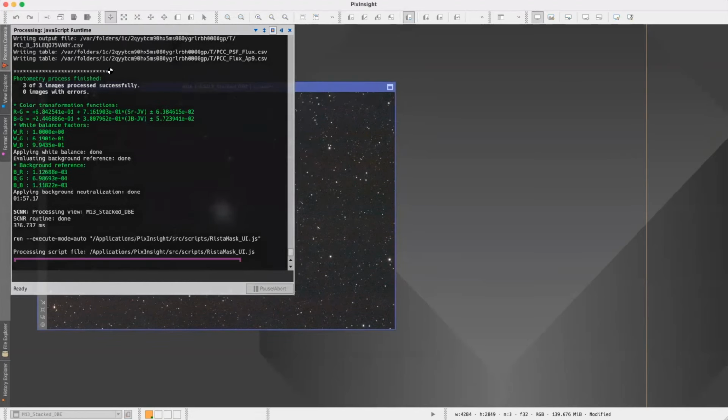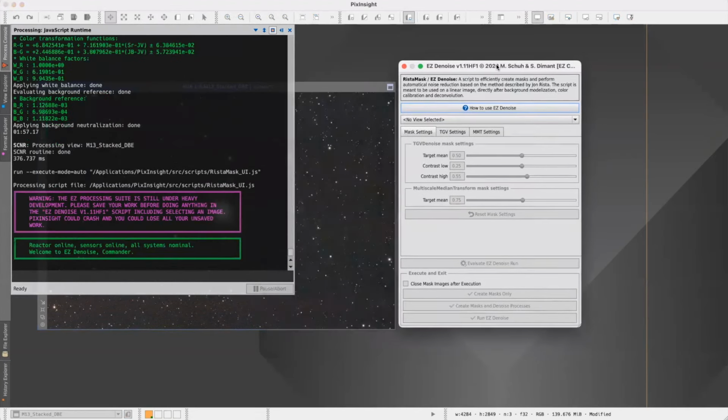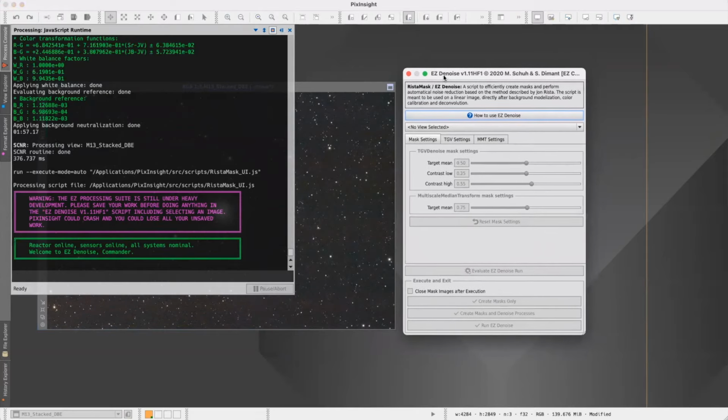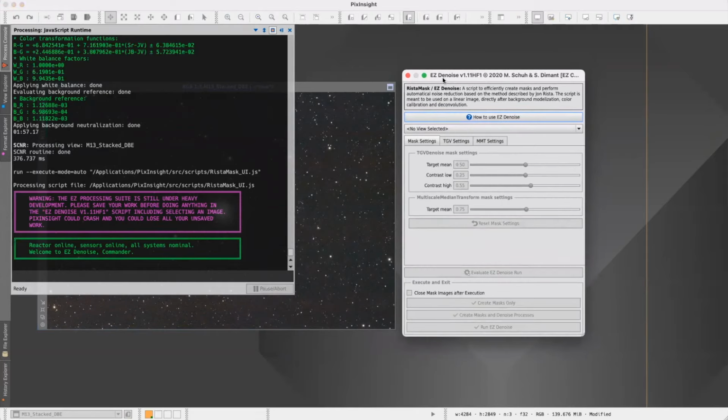And you just got some warnings that, I guess, it's not a PixInsight process. It's a third-party process that is still under heavy development. So to use